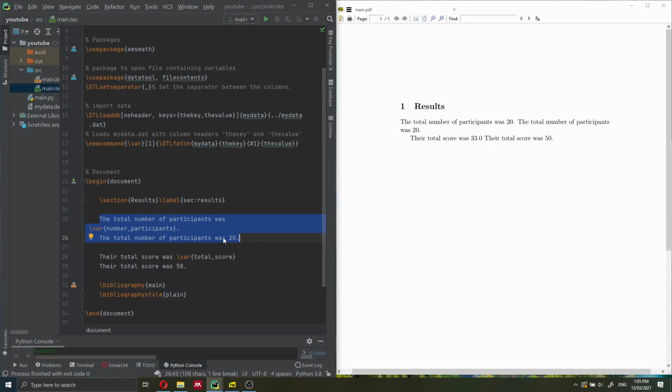In one line, I have encoded the variable here in the text of LaTeX. In the first line, I have a value that is connected with Python. How LaTeX can read the variable from Python, I will just show you in a second. But first, I want to talk about the benefit of using this technique.